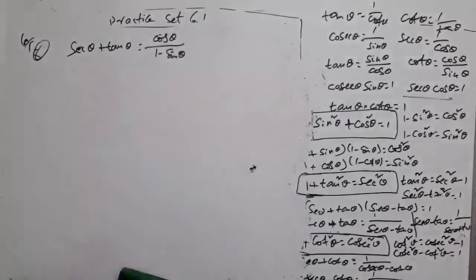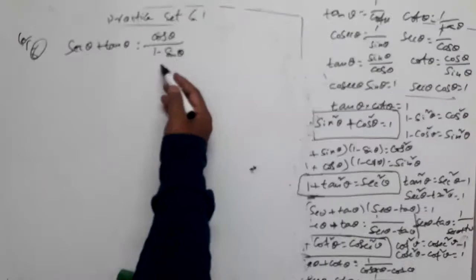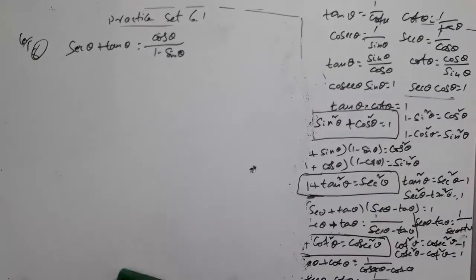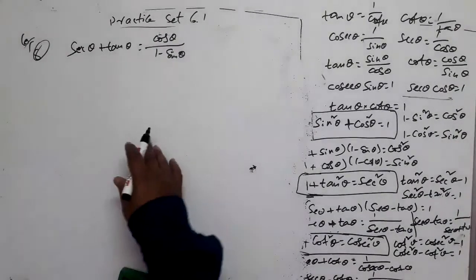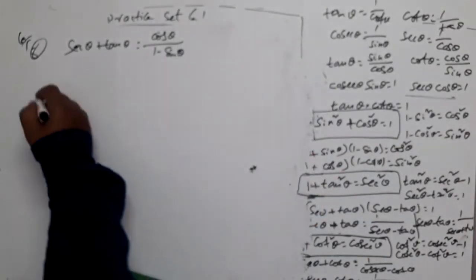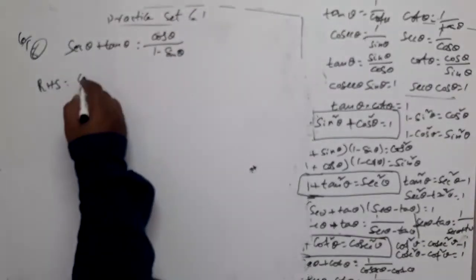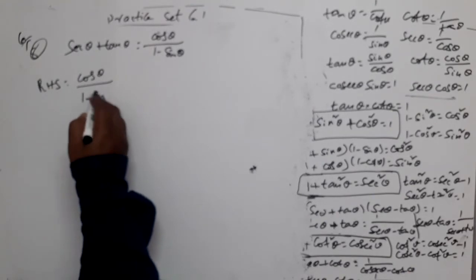Secant theta plus tan theta, of course, we know can be written as 1 by secant theta minus tan theta, right? Of course, this is cos theta by 1. This also we have seen in earlier questions. Let us start at the right hand side part and simplify and bring this, or start it here. Either way you can do. Shall we start at right hand side part or left hand side? Okay, right hand side part I have started, cos theta by 1 minus sin theta. Left hand side part I want to bring. This is not having a denominator. I don't want a denominator now. So what shall we do?